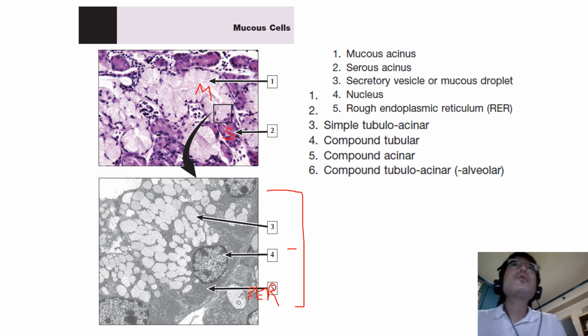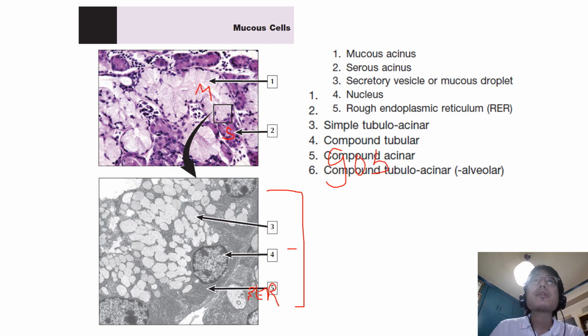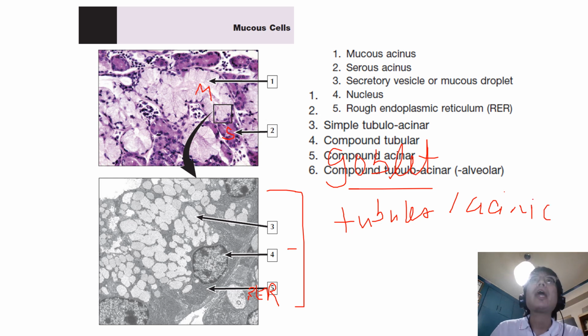Mucus, also known as mucin, is a highly viscous glycoprotein that provides protection and lubrication to surfaces. Cells that produce mucus have a wide distribution in the body. They are found either singly as goblet cells, such as in the epithelium of the digestive, respiratory and reproductive tracts, or they can be in groups, such as in tubules or acini. Most notably, they are encountered in the majority of major and minor salivary glands of the oral cavity.